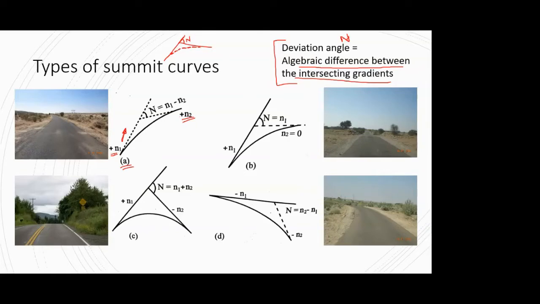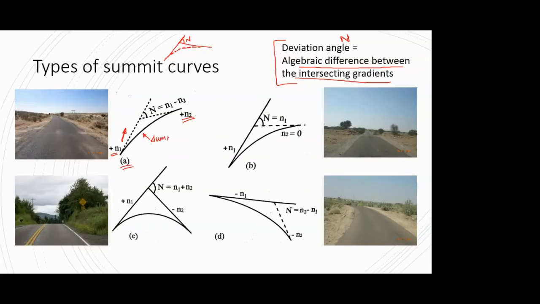But now if you see the dotted lines, those are the actual slopes that are shown. So if you see slope n1 or gradient n1, it is a lot steeper than slope n2. So being steep, you get this kind of intersection, and obviously you have to mild it down. So for milding it down, you need to join it with a curve, and then this will become your summit curve in this case. Okay.